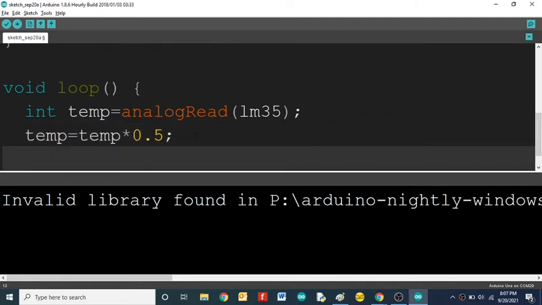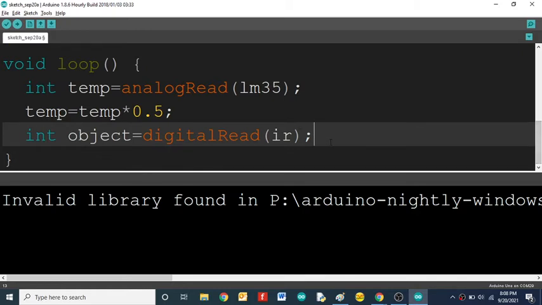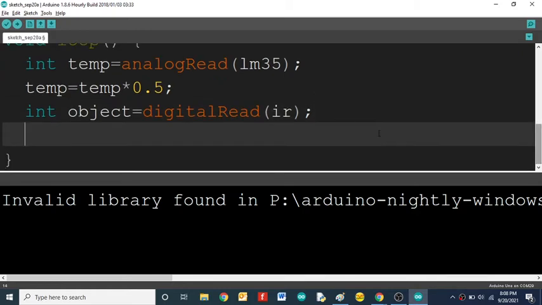Before going into the condition, I need to read another sensor, right? So I will take int object, digitalRead of the IR sensor. Now I will go for the IR sensor operation, to check if the person is detected or present or not.